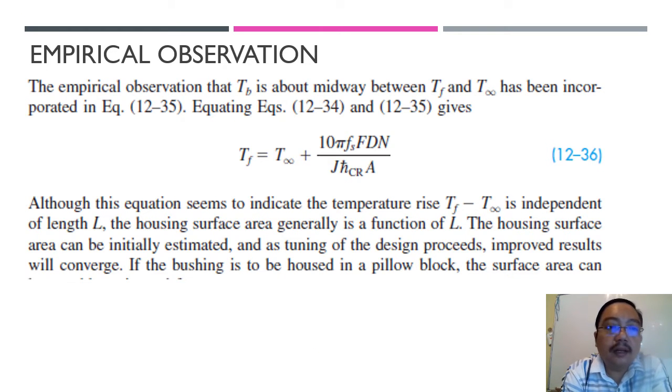So the empirical observation that the temperature of the bushing is about midway between T_f and T infinity has been incorporated in equation 12.35. You get T_f, the temperature of the fluid, equals T infinity plus this equation, 2 pi f W d N over J h_CR A. Although this equation seems to indicate the temperature rise, T_f minus T infinity, is independent of length L,